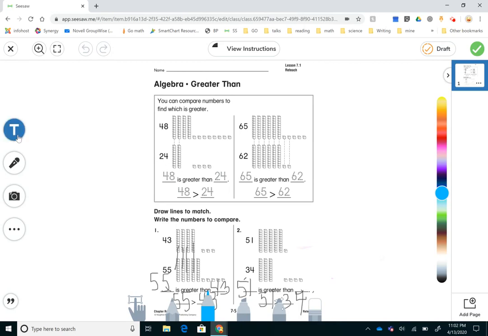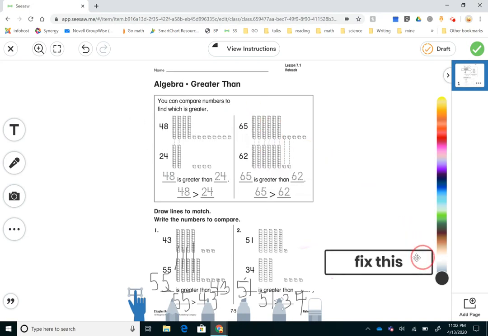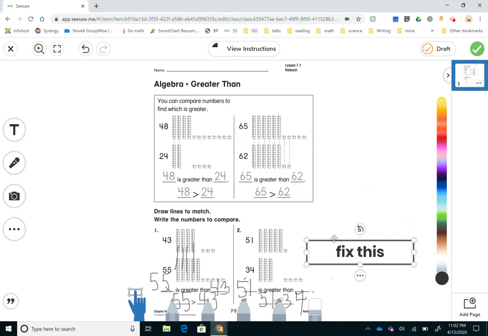And I could go ahead and put a text box, and in the text box I could put fix this like this. And then I could click off it and I could move it down here. I mean, I'm just giving you some ideas. Then if I decide, you know what, I want this child to do this over again, I want to give